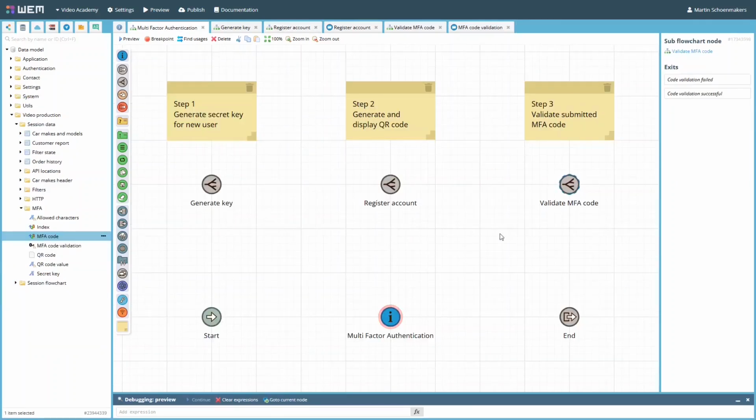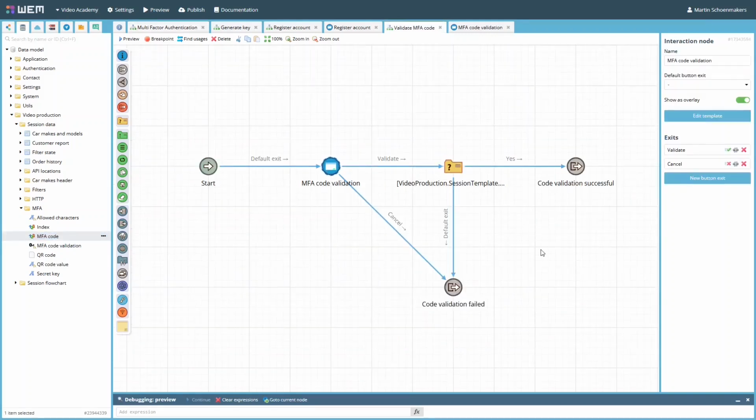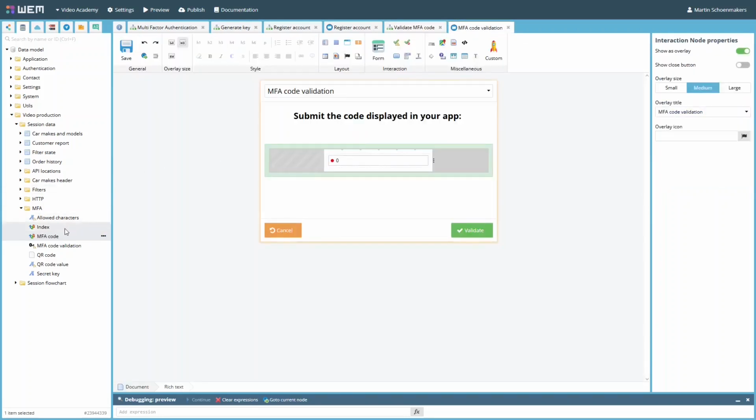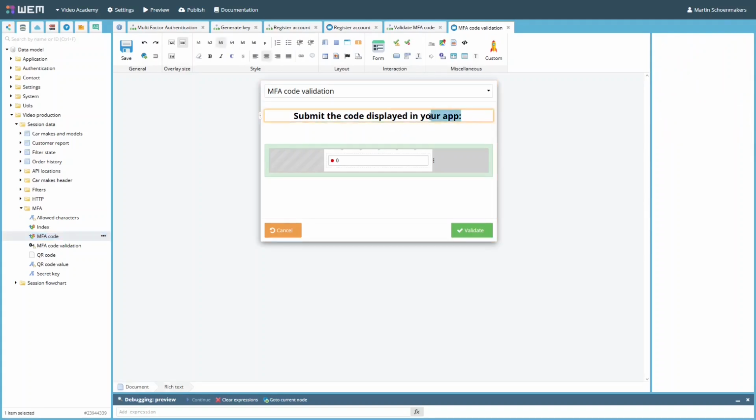Now for the third step, the MFA code validation dialog. This is the only part of the flow that both new and returning users will pass through every time they log into the application. The MFA code can be captured in a numeric session field inside a simple form dialog. We will provide a short explanation to the user on what to submit here. However, do not make these messages too explicit. They are only meant for users familiar with the process, and you do not want to give too much information